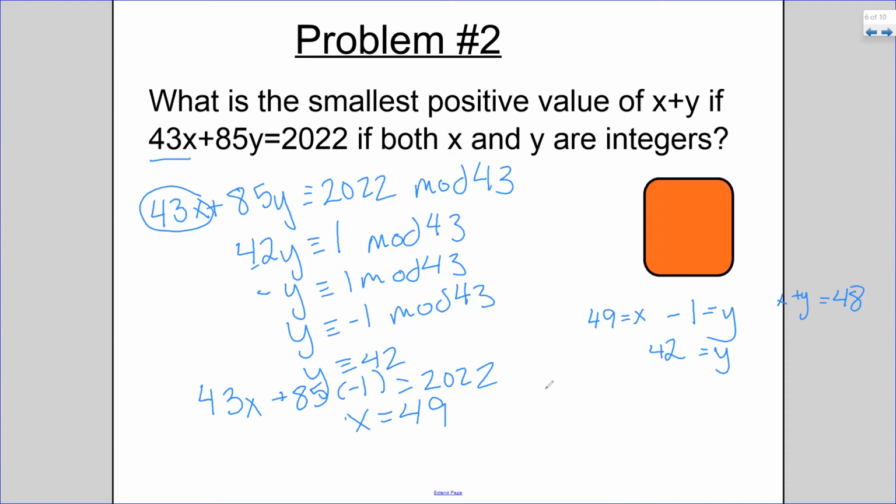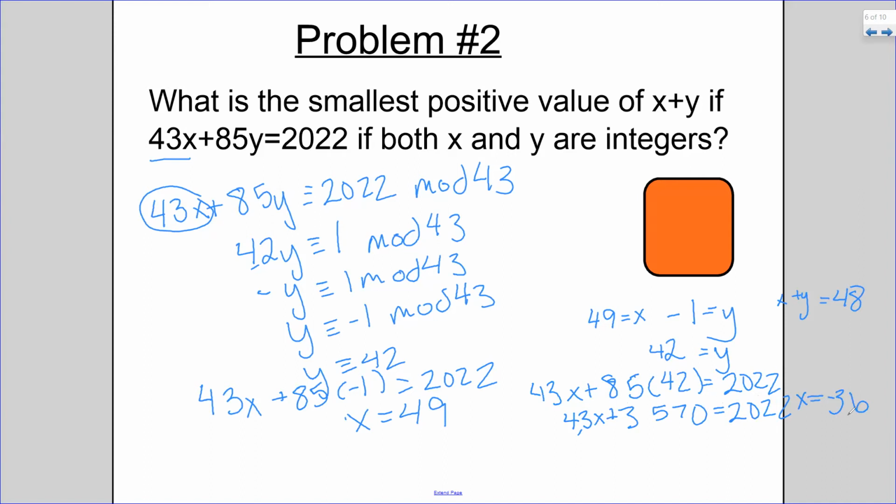So if I do 42, I'm going to do 43x plus 85 times 42, and that will equal 2022. So 85 times 42 is 3,570, which I'm sure you all knew off the top of your head. And I'm going to subtract that over and then divide by 43. So 2022 minus 3,570, divide that by 43, and I get x is -36,